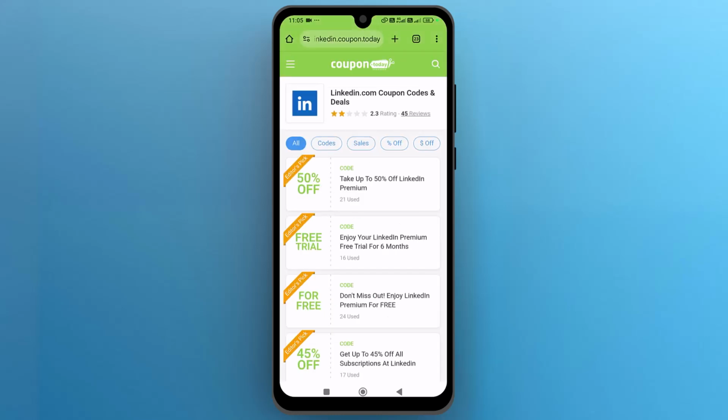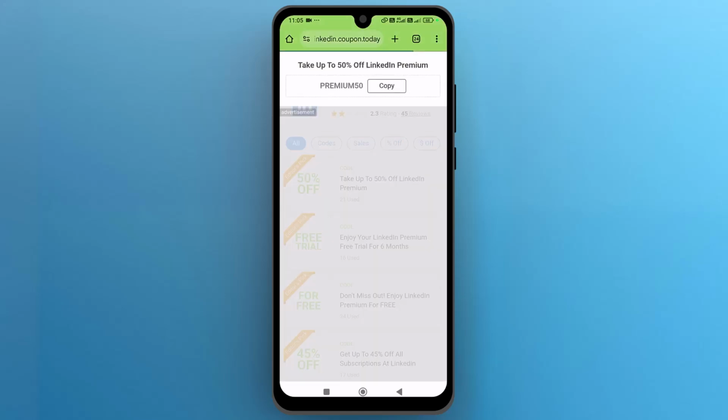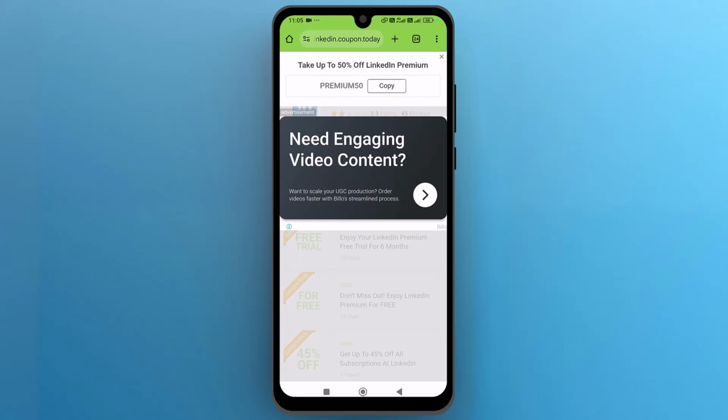Now here you will find different deals and offers that provide discount. So select the offer that you find best and a pop-up will appear on the screen with promo code. Copy this promo code and then tap on the shop to open LinkedIn Learning website or open mobile app or